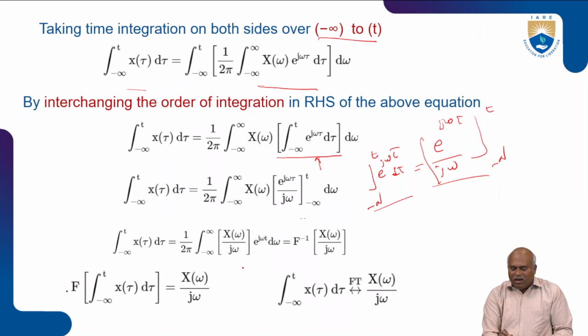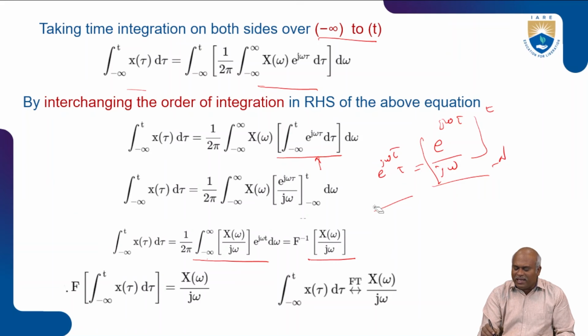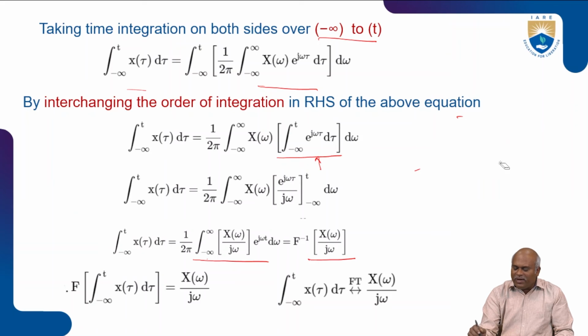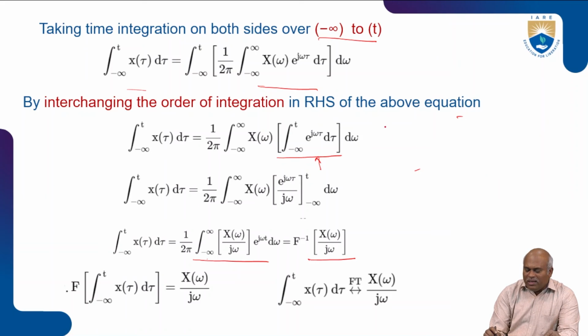The output is represented as 1 by 2 pi, integration of minus infinity to plus infinity of X of omega divided by j omega, e power j omega t d omega. This term is called the Fourier inverse of X of omega divided by j omega. How do we get the j omega in the condition of the Fourier transform? We know the inverse Fourier transform